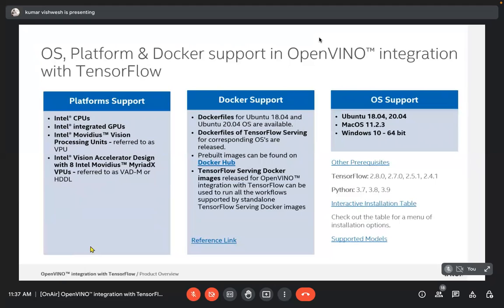And OS currently we support Ubuntu 18, 20, Windows 10. There is a preview, an initial support for Mac OS as well. And these are the resources that I have anyhow shared with you. But yeah,